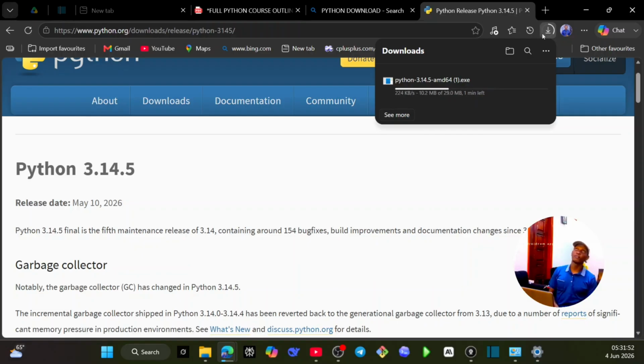I've already said that we shall always use the official website when you are downloading such apps, because these are the apps that provide authentic apps that are not going to attack your computers in the future. So as we wait for it to download,